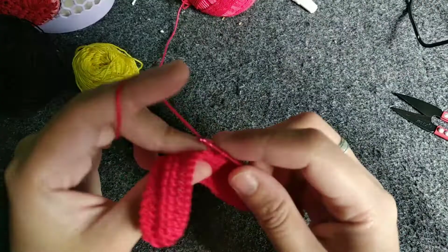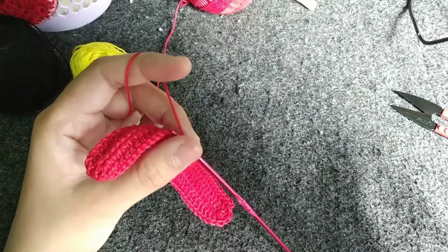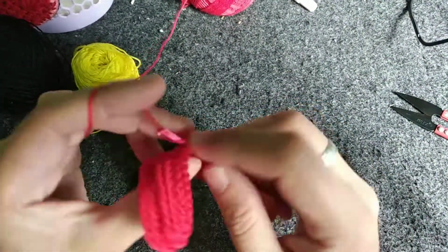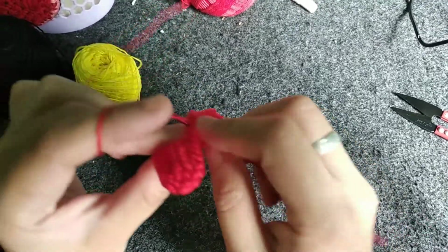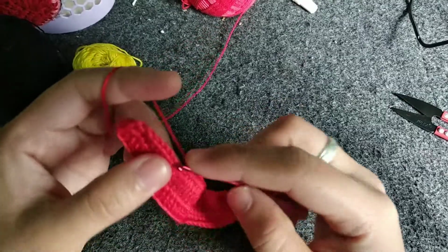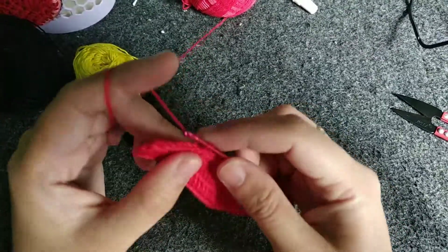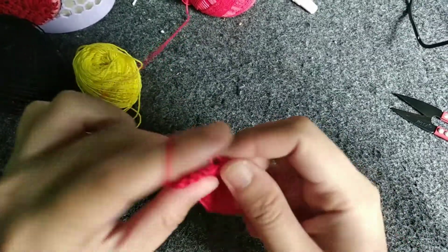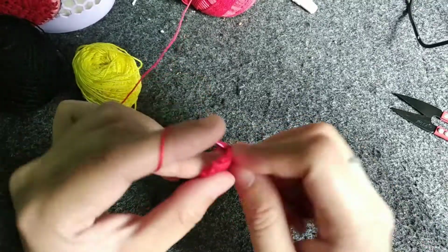But if there are some who want a design, then I ask them what type of design they would like. Would you like a shell, a flower, whatnot? Or would you like it in a different color? Because you can also do this in a different color. If you know how to change colors on the yarns, that would be really great, because that would give you a different